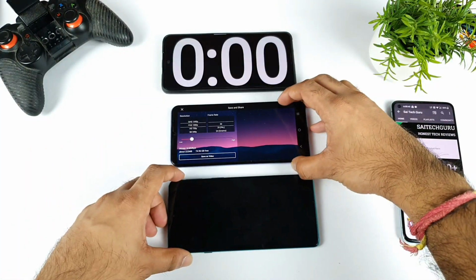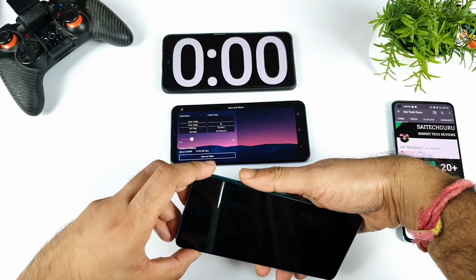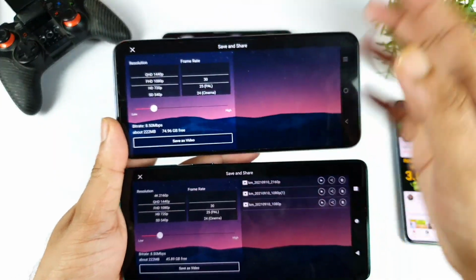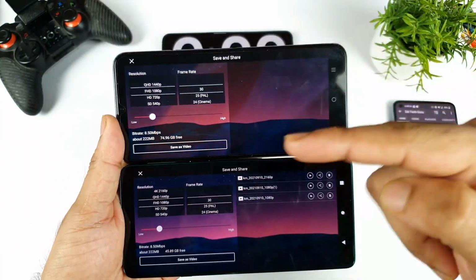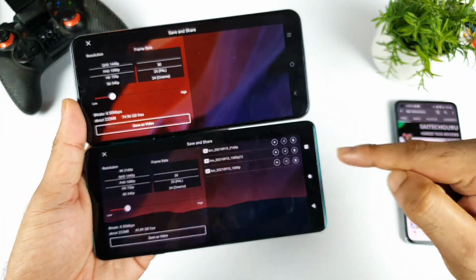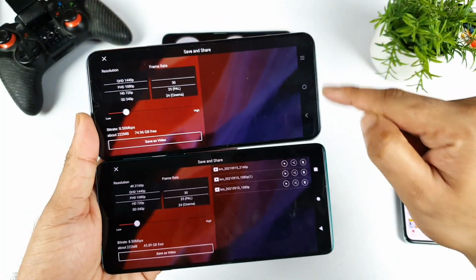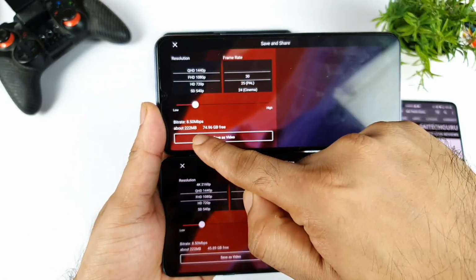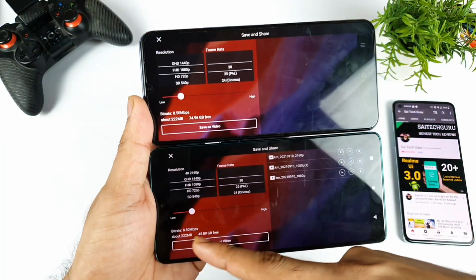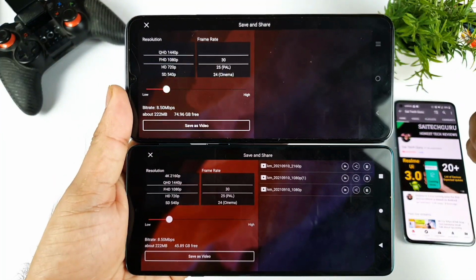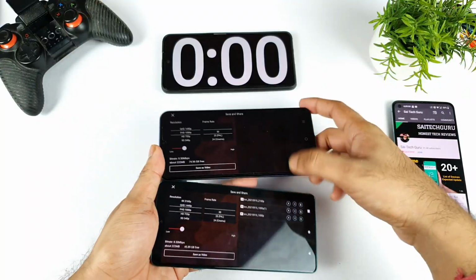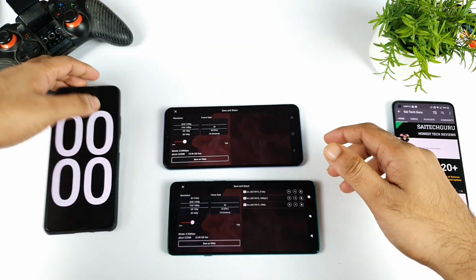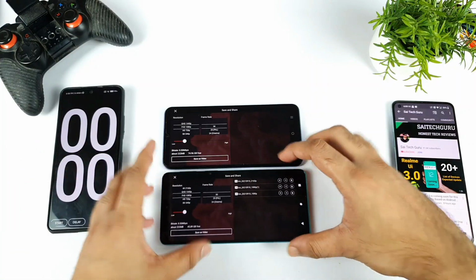Right now, as you can see, friends, the estimated size is exactly similar. You can clearly see the estimated size and bitrate, everything is completely the same between both phones, the iQOO Z3 and the Moto H20. You can identify them by looking at the navigation buttons, in case you get confused, that's the reason I'm mentioning it. So 222 MB is the estimated size on both phones. That's perfect. And now let's see which phone will be able to finish this rendering faster, 1080 to